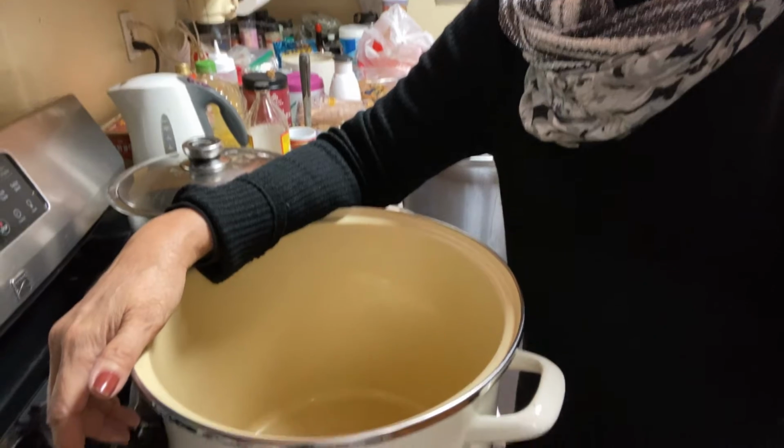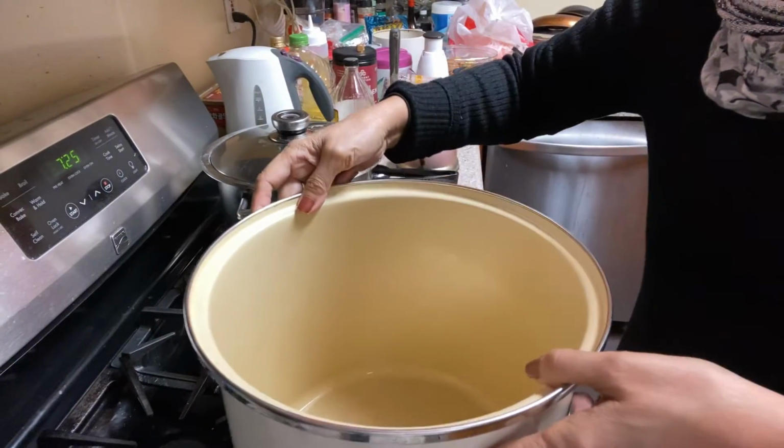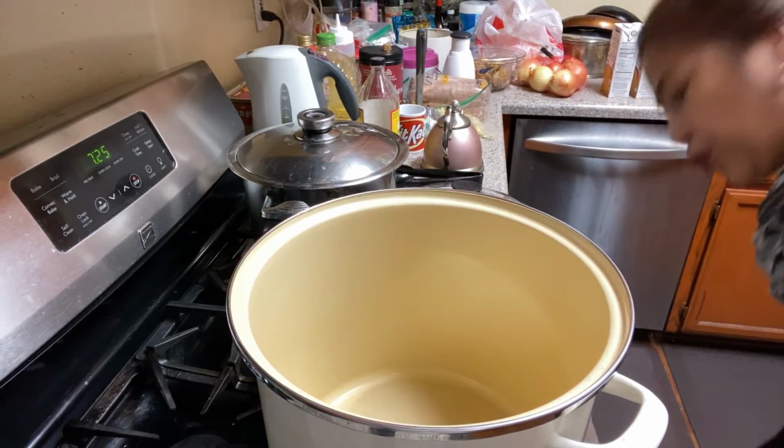Okay, let's start, okay? I will show you again my pot, okay? And I'm going to heat it up. I know I will continue doing it like this because it's so deep. I don't think you can see it. Okay, as I mentioned to you,